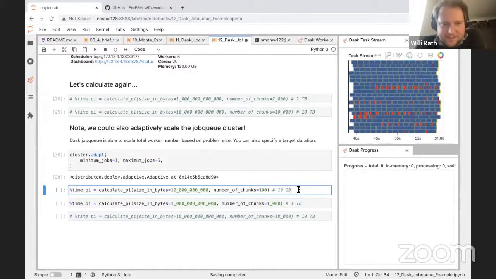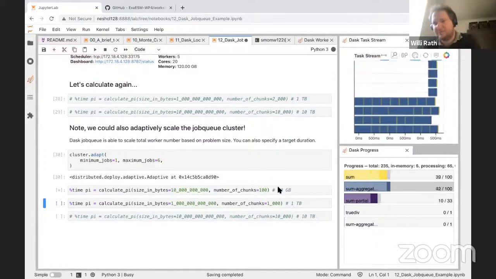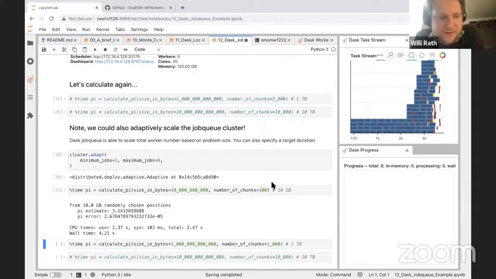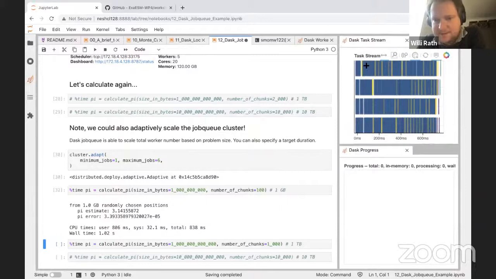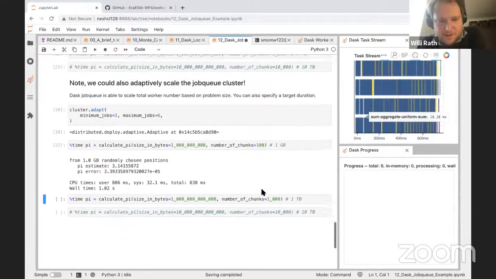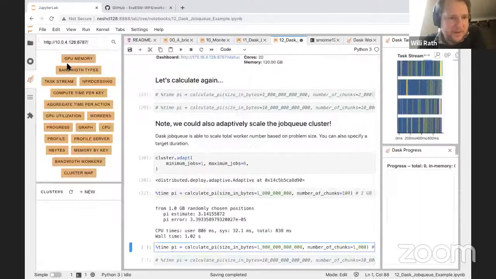And now let's do a very cheap calculation, estimate pi from 10 gigabytes, which was also feasible in a reasonable amount of time on our single node cluster. And now we see that it scaled out already to 5 workers. Okay, that's a little. So let's go for a smaller workload then. Let's go for 1 gigabyte. So if you have a very small workload, then the Dask cluster won't change size. Okay. But if we go for a bigger workload,